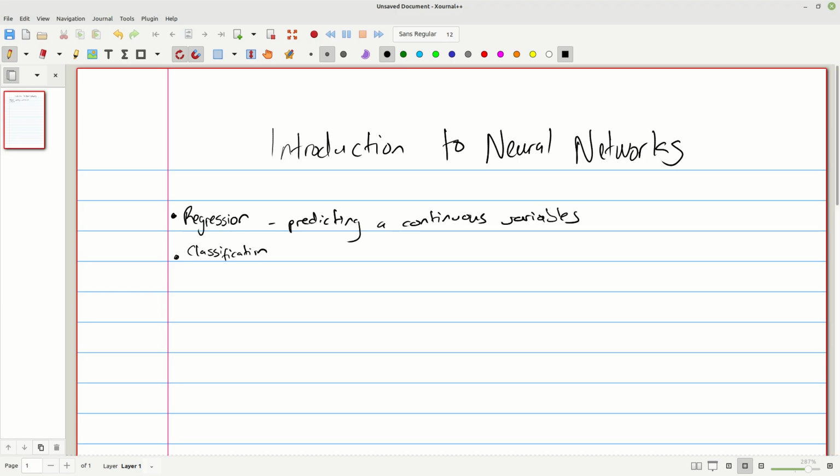So let me actually give you an example of this. Let's say you are a business, you have a lot of stores in different locations, and you're trying to open up a new store in a new location, and you're trying to see how much sales you're going to make in the first year after you open. So what are the important features here in predicting the sales? The first thing you might think of is, okay, the location itself is important, right? That's one feature that's important.